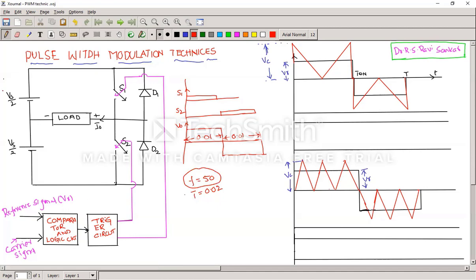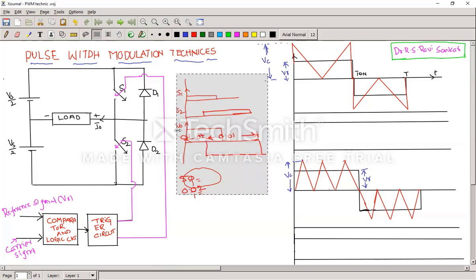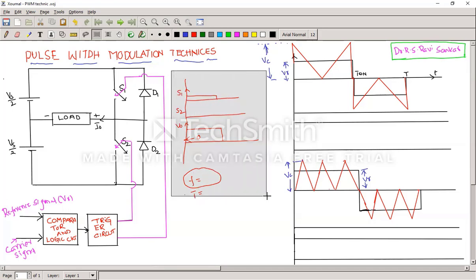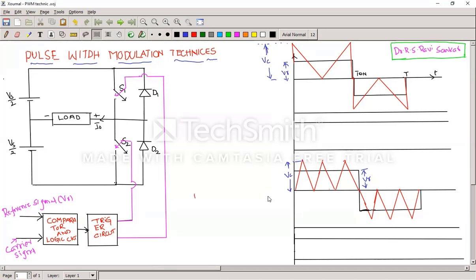Now, practically, how we are going to change this RMS voltage as well as the frequency, that we are going to discuss now. How it is going to change means, there is one technique, the internal control technique. Under the internal control technique, this pulse width modulation technique is a well-noted technique. Generally, we are using this for practical implementation. Almost 90% we are using this one.